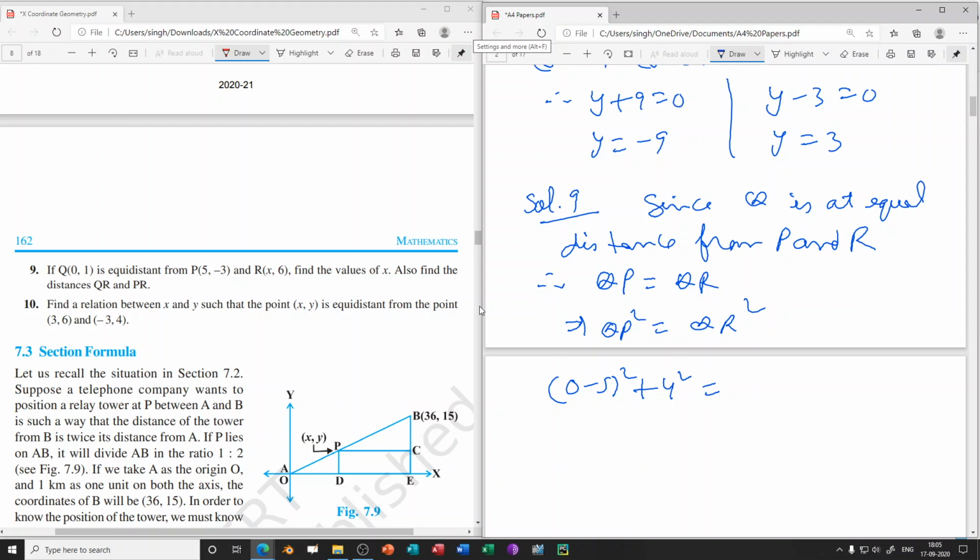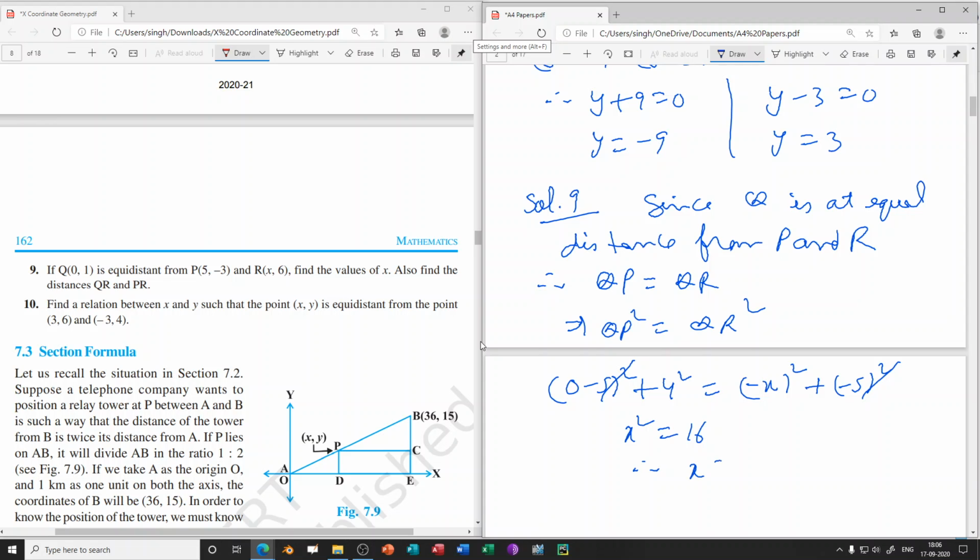In this also, first we will find the difference of the x coordinates, that is 0 minus x. So that is (minus x) whole square plus then the difference of the y coordinates, 1 minus 6, because we have to find the distance between Q and R. So the difference of the y coordinates is 1 minus 6, that is minus 5. So plus (minus 5) square, and you can see it is very simple, because this will become 25, this will become 25, both will be cancelled out, and what we will get here is x square equal to 16.